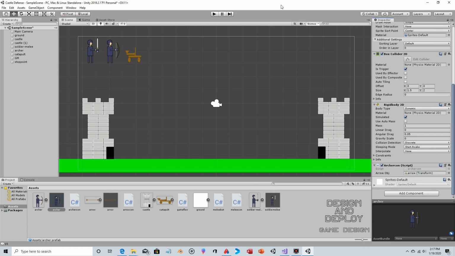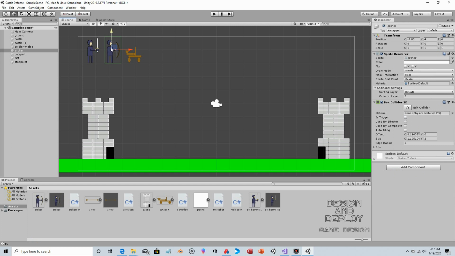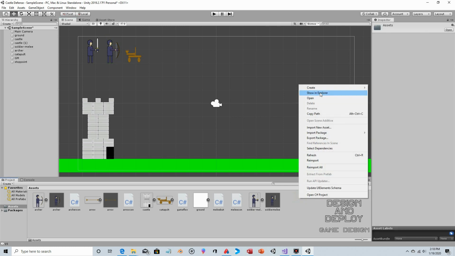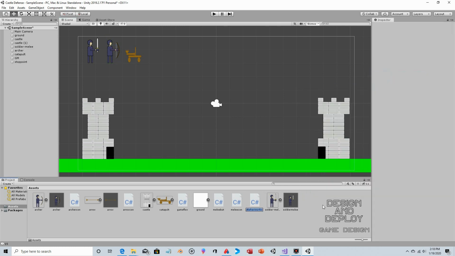And now, if I haven't forgotten anything, can the button actually instantiate it yet? No. So I don't have the arrow button. We have the melee button. We don't have the arrow button. Okay, so right click, create C#